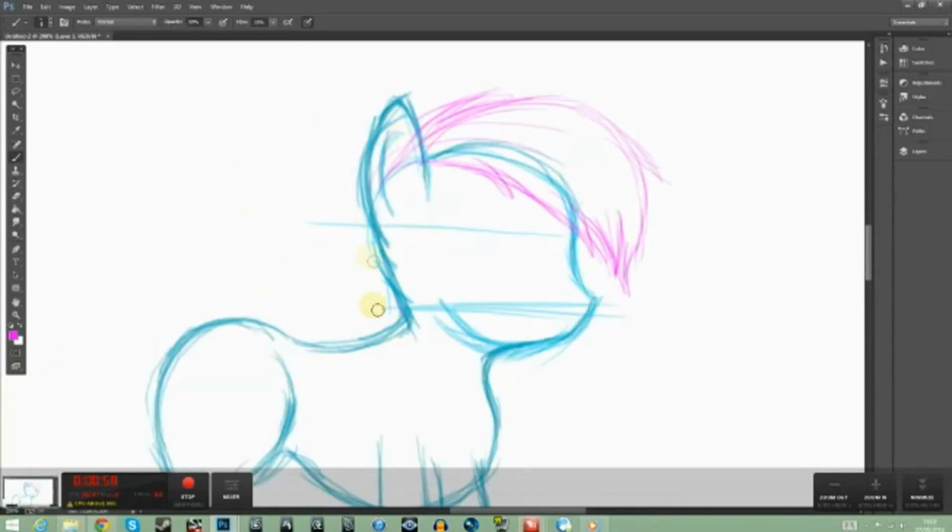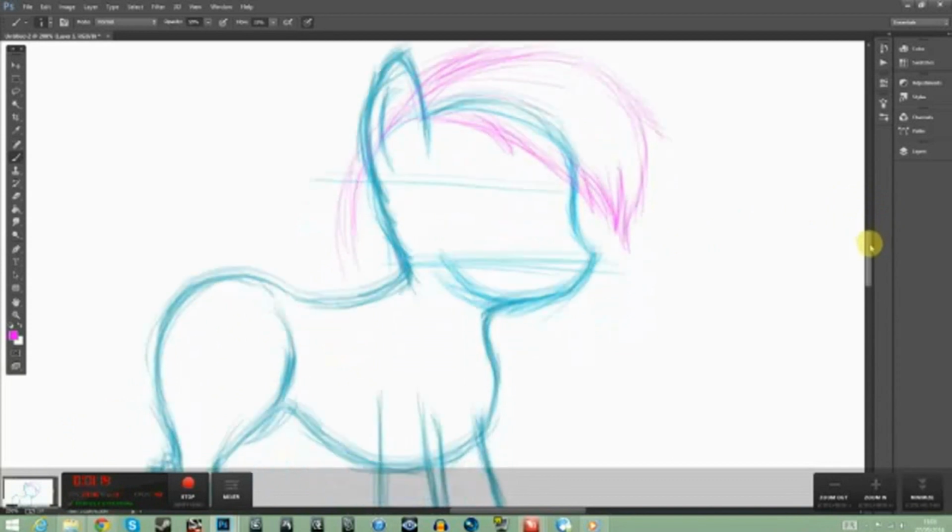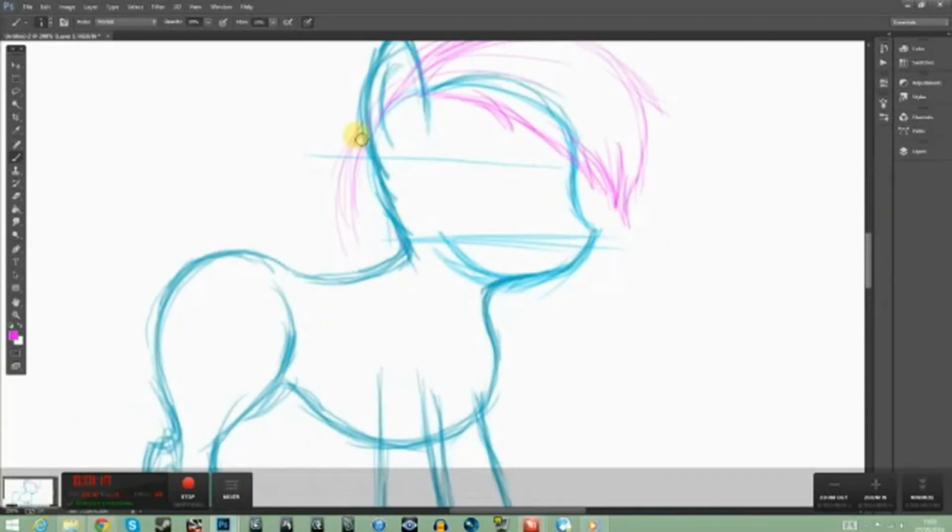Now with Maddie's hair, she has quite long hair, and what I like to do is have some of it coming over her shoulders. So we'll draw the basic shape here of it coming around. Make sure the follow through is right. And she's got quite thick hair, because if you look at Shetland ponies, their hair is very thick. I like it to come round over the shoulder and then